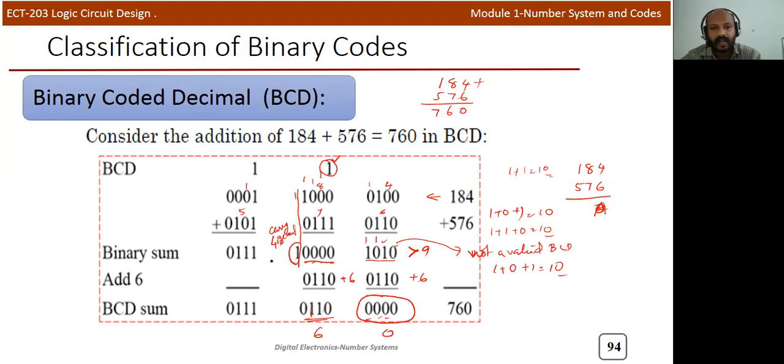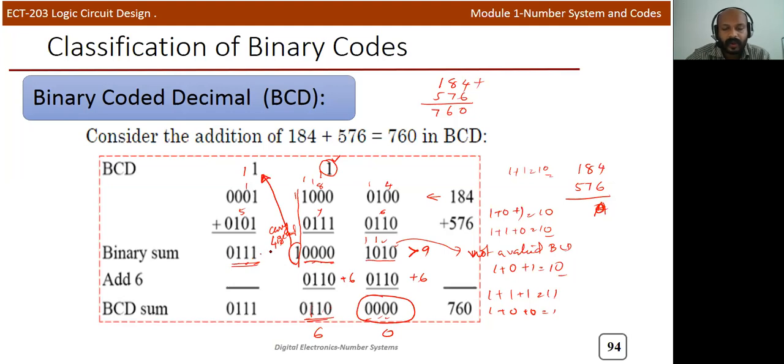Now we need to consider this carry to the next position. So now we need to add the last group. Here it is 1, here it is 5. So 1 plus 1 plus 1 means it's 1 1 actually, so we'll put 1 here. Again there is a carry. So 1 plus 0 plus 0 will get 1, so you'll write 1 here. There is 0 plus 1, 1, 0 plus 0. So this number is actually 7.